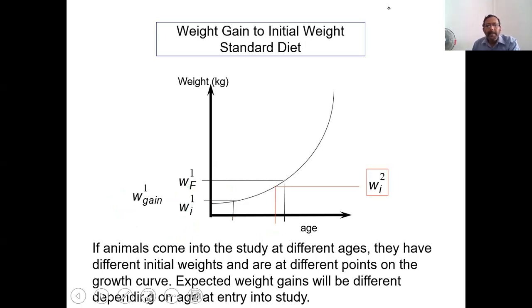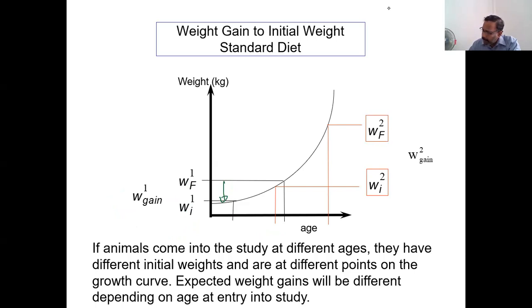This animal is coming in at an initial weight like that, because the age is different. After 4 weeks, the final weight is that. So the weight gain is that. So now you see,